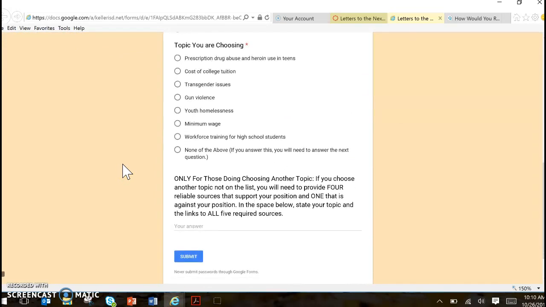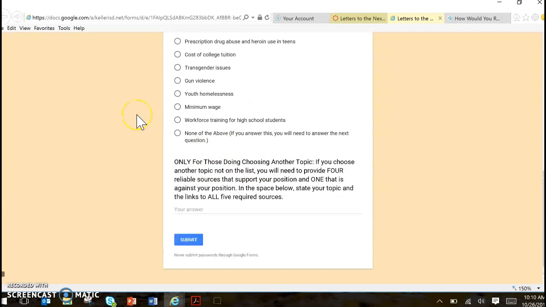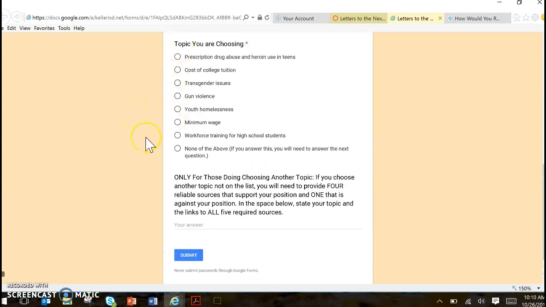Now, if you notice where it says here, this is only for people who don't like any of these. You went through and you're like, I think they're all kind of junky, and I did my research, and I did the blue sheet, green sheet thing, and I went through all those motions, but I still really want to do this issue. You click on this button then, and in this box, you tell me what your topic is going to be.